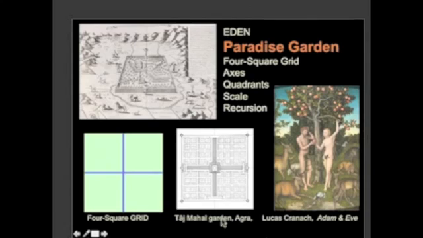And if you look at a basic Mughal garden, for example, the Taj Mahal garden at Agra, its organization is paradise. It is the biblical description of Eden. We have 4 channels of water running out and organizing a 4-square grid. So this is an interesting 4-square grid, more interesting than the 4-square grid that I gave you in my first diagram, in that the center becomes a fountain also. So the center is not simply a point, but a space. So the reading of this thing oscillates between 4 square grid and 9 square grid, or even 16 square grid.